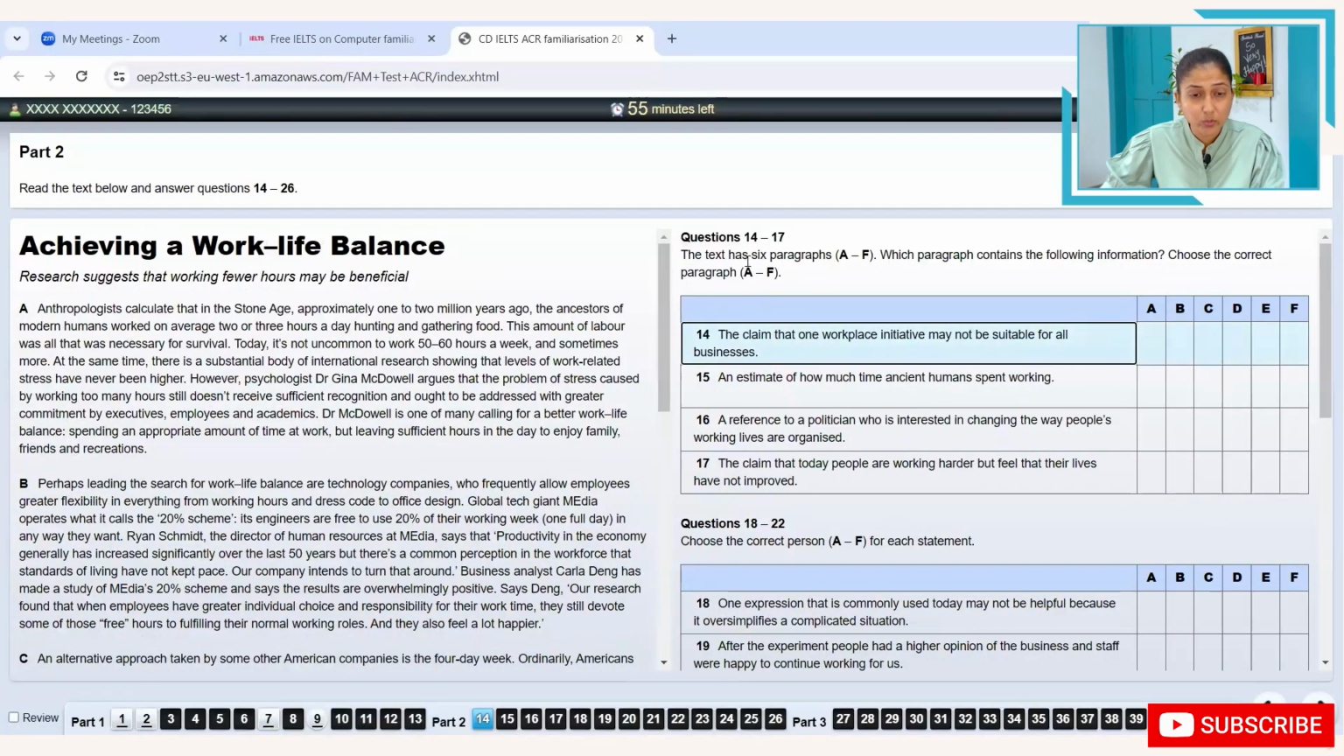Okay, here we see that the test has 6 passages, A to F. Which paragraph contains the following information? In that case, let's say answer for 14 is A. You will simply click on A. That's it. Answer for 15 is D. You will simply click on D. You see? Interesting, no? To mark the answers in computer-based test, it's